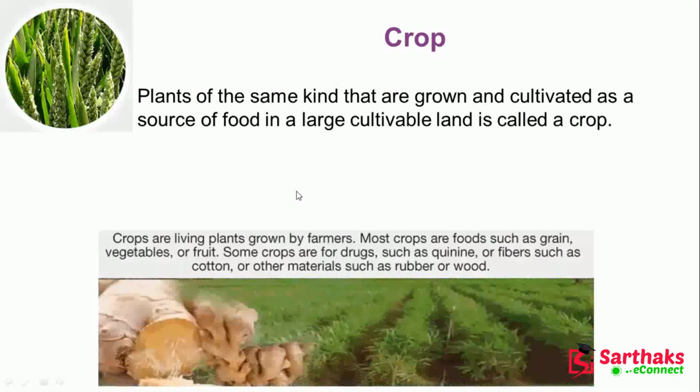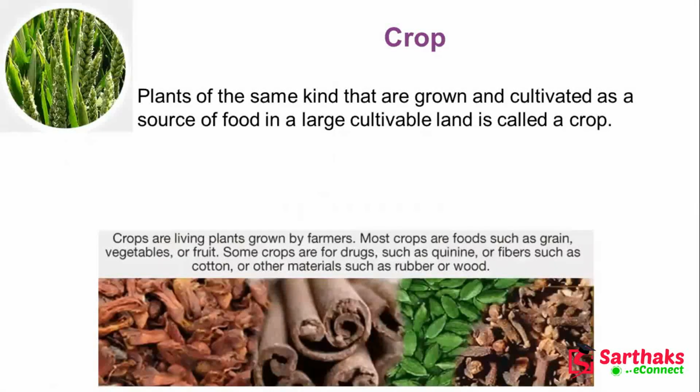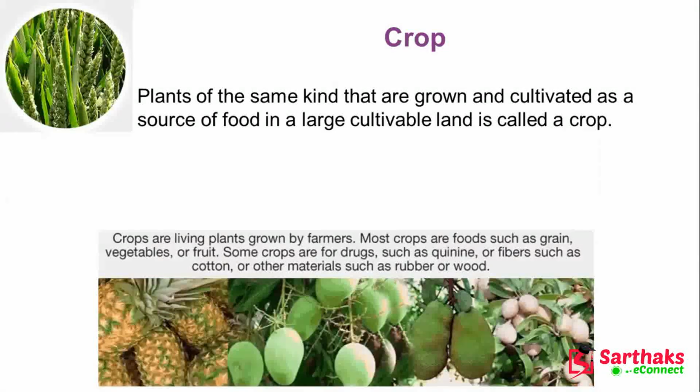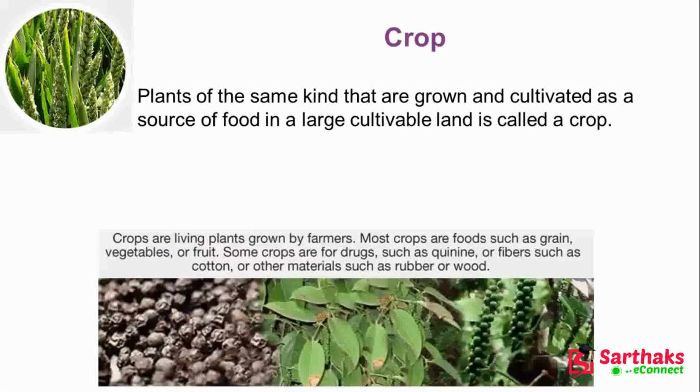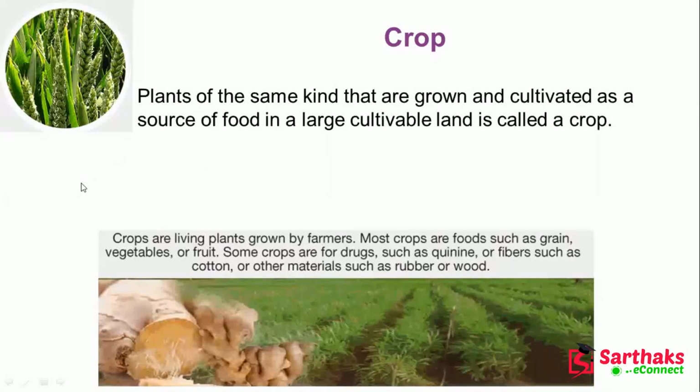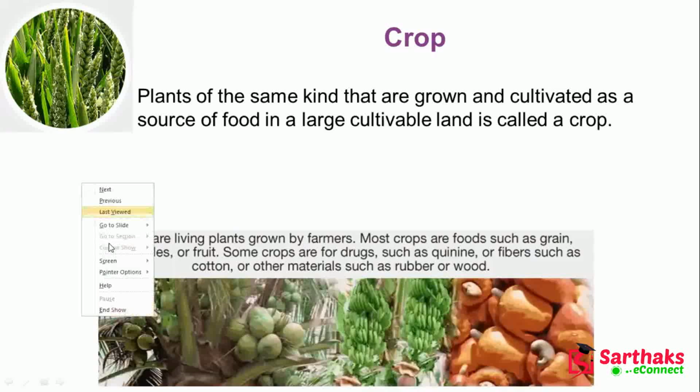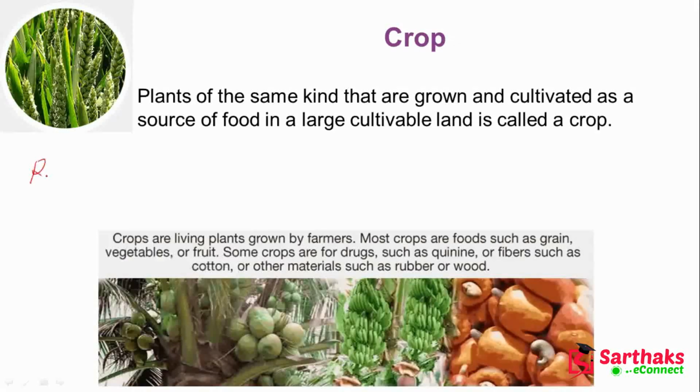First tell me what is the main thing we are living on. That means we are living by taking some food, right? In some cases rice is the main meal of our food. Some of us take rice, some take wheat as the main food. And apart from this, our body requires some vitamins and some fibers also.